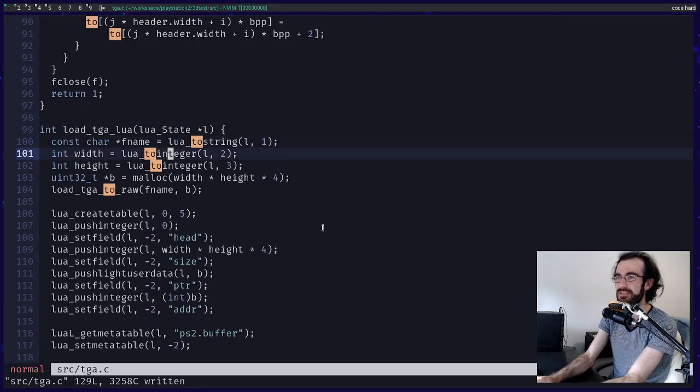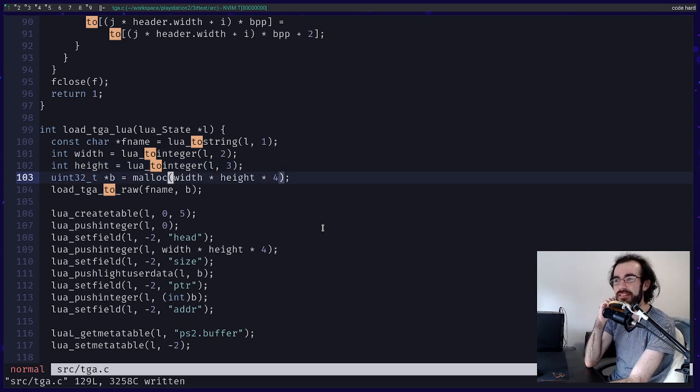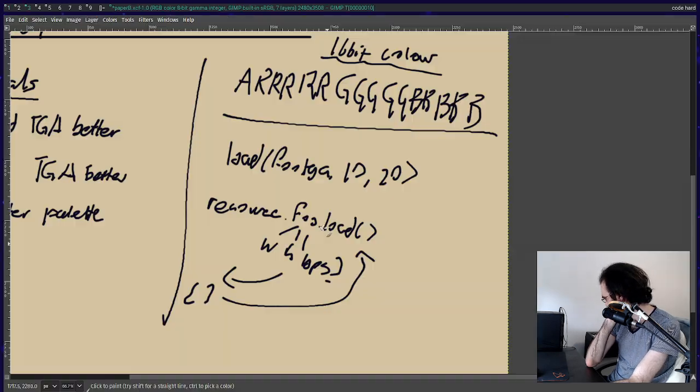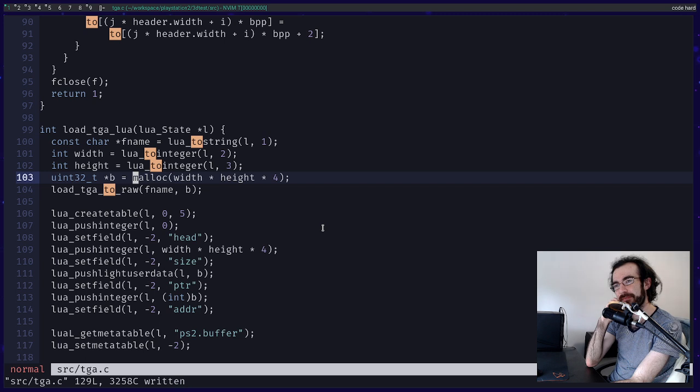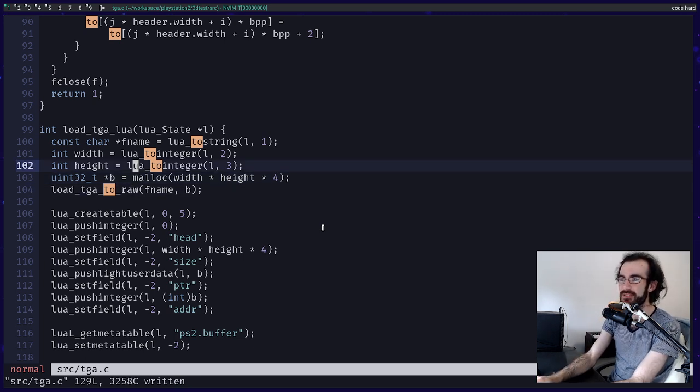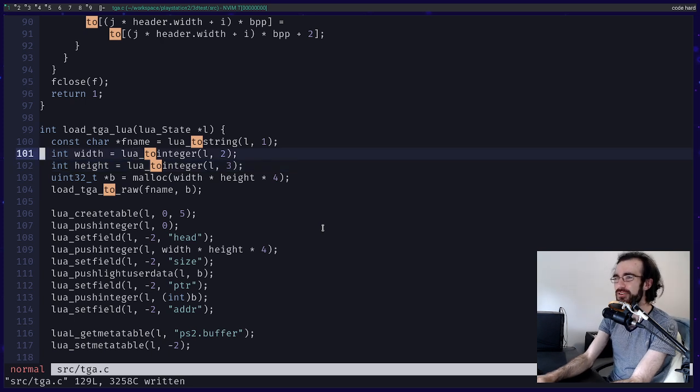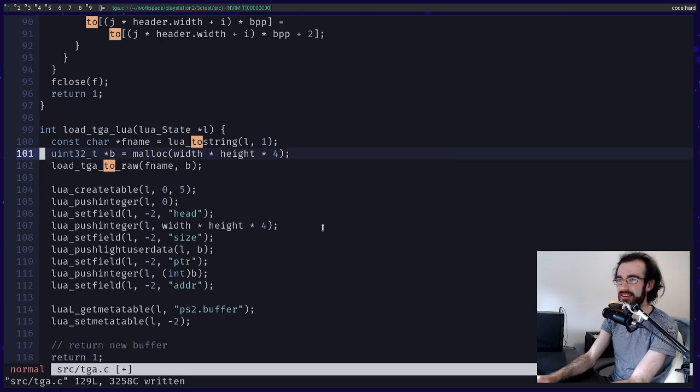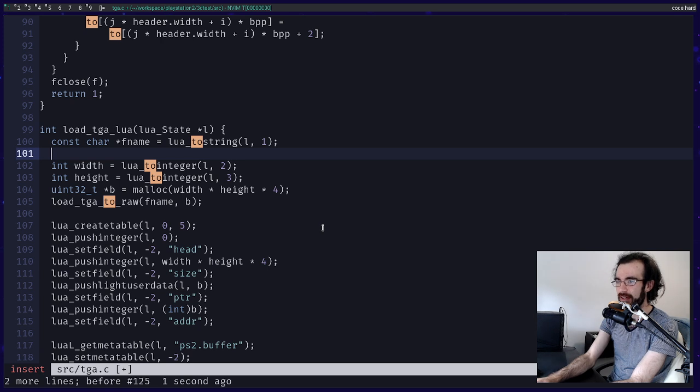Maybe the width and the height is not that bad. But the malloc in here is going to become a problem. Really, it needs to take a buffer in as an argument. So what if we do that instead, right? So what if we have a width and a height? What if we don't have a width and a height? What if we just take, what if we go,